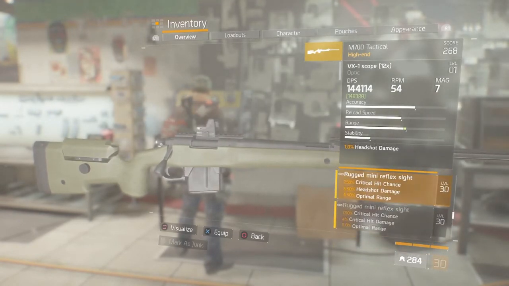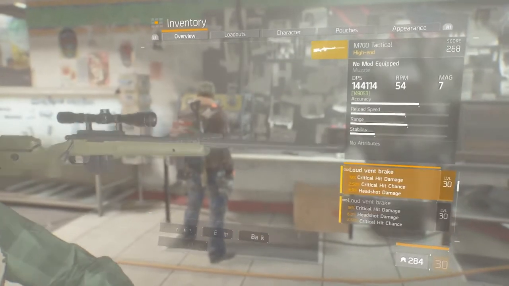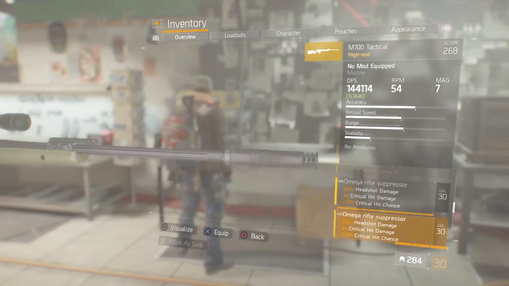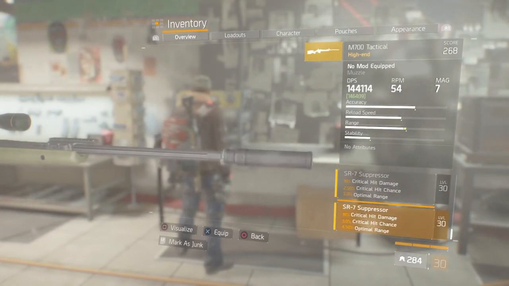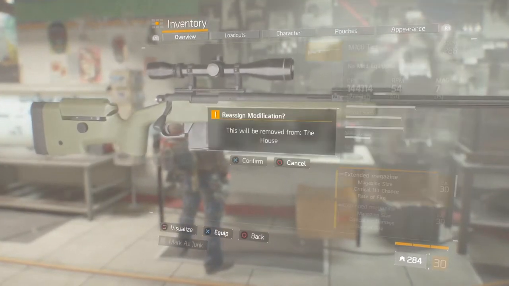So get as much critical hit chance as possible. As you can see, I'm about to put on that rugged mini reflex sight. That would be the best thing there. Since I can't really find anything here, it's probably best to put on a critical hit damage mod and just get a critical hit chance